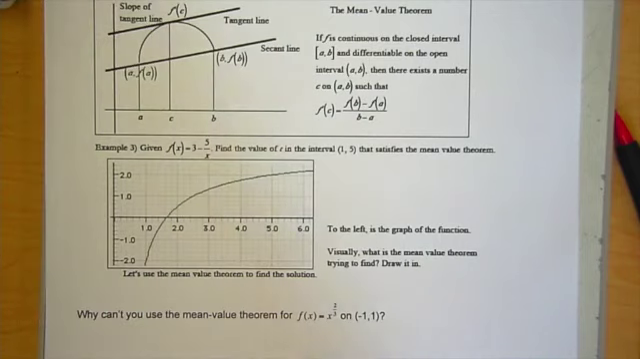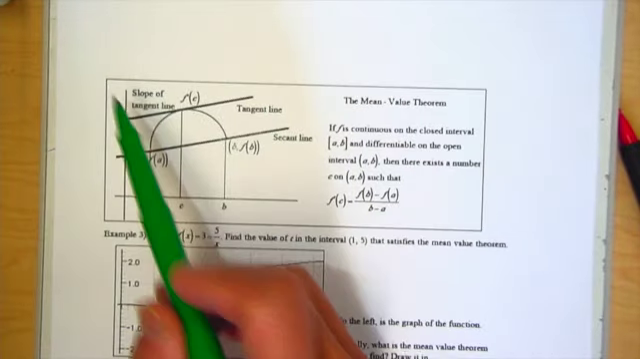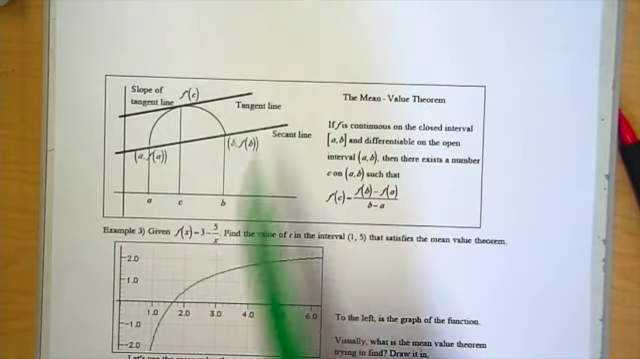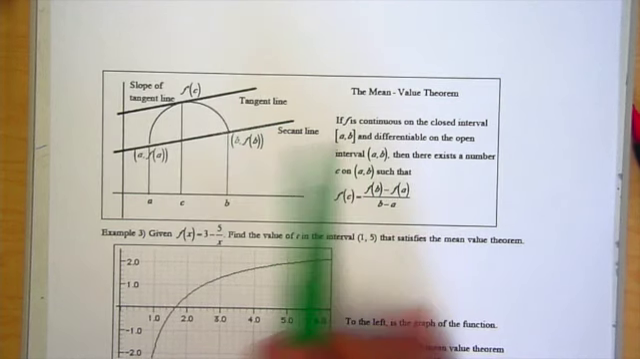Okay, this section is about the mean value theorem. Let me explain first graphically what it means, and then we'll talk about the definition here. So you're going to make a note card on this box right here. Basically what it says is if you have a continuous function on a closed interval, so you have a function